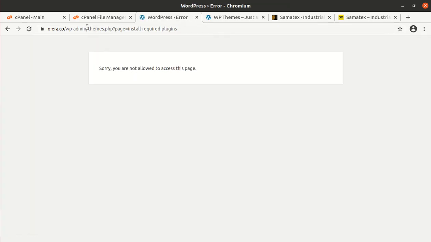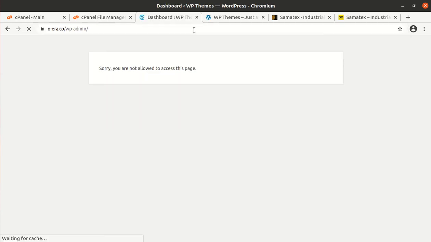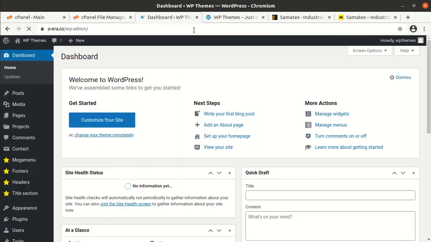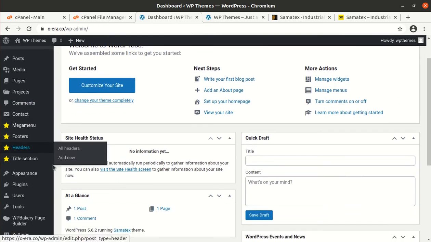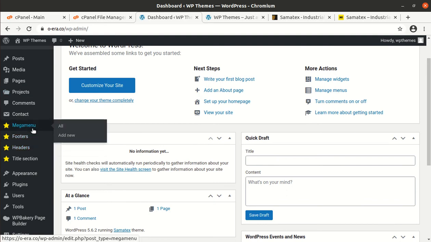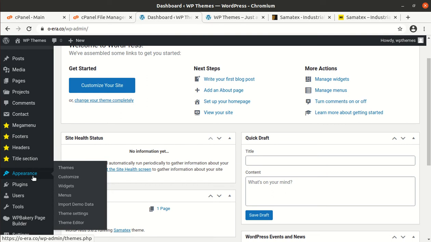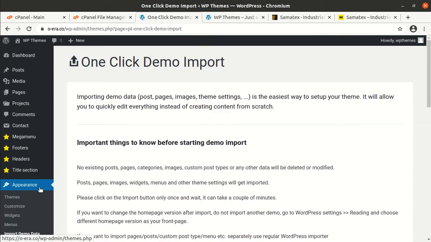Somehow, when you reach this screen, just delete this portion and hit enter. You will be back on the dashboard, and I'll show you all these options that we got additionally with the theme. Let us first complete the demo website, and under Appearance there is a button called Import Demo Data,